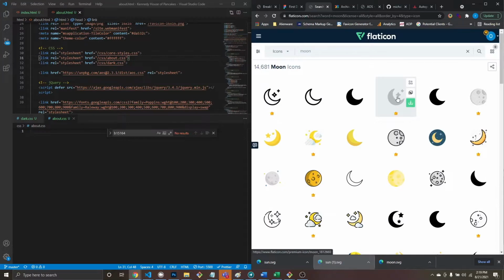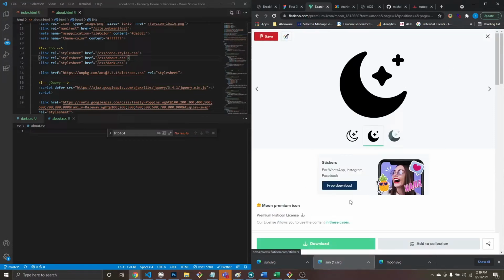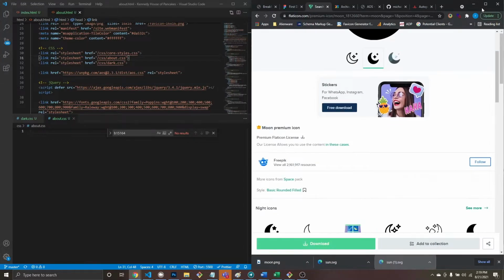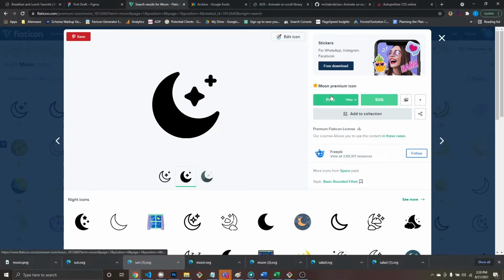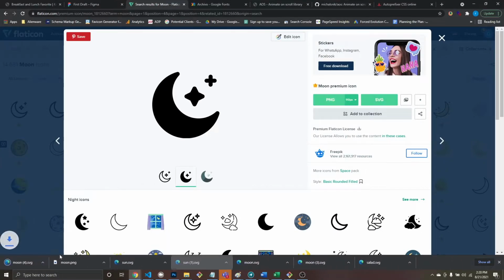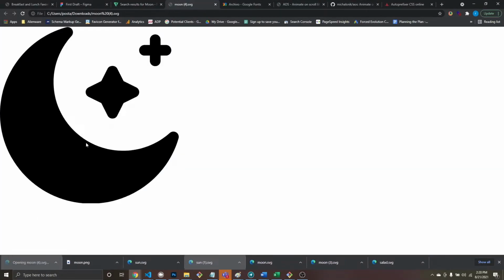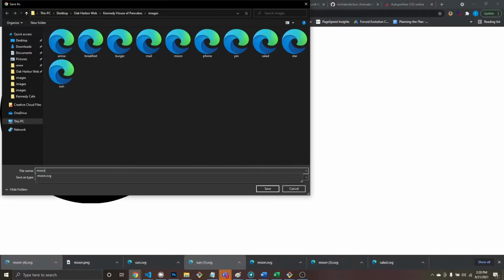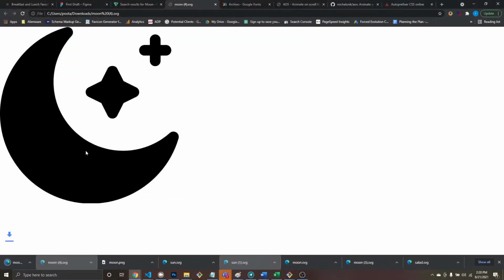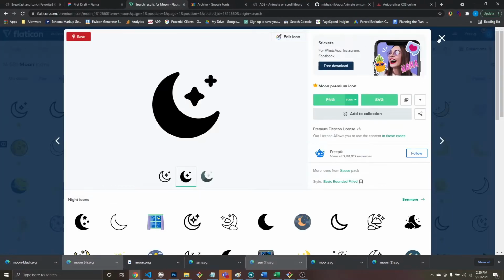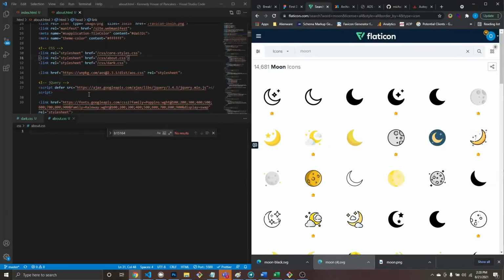So let's take our moon and download the black version. I don't want PNG. Oh, I gotta zoom out. There, I want the SVG. Save as moon black. Okay, now we got that. So what I need to do now